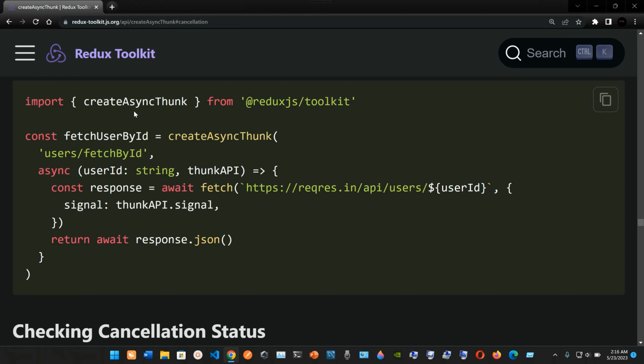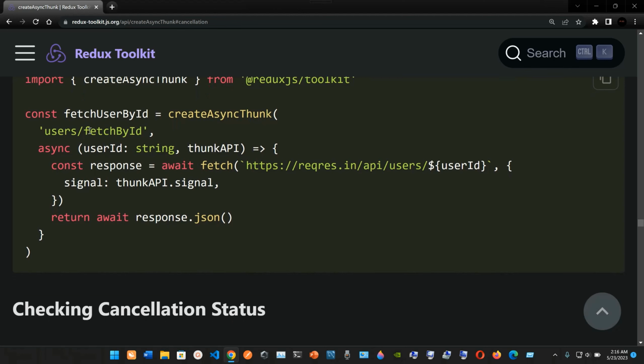So we are importing createAsyncThunk from @reduxjs/toolkit. We have this variable name fetchUserById, and we are setting it to createAsyncThunk. Inside of the parentheses, we're gonna have these parameters, this string users/fetchById. The second parameter is going to be this asynchronous function, so we're going to take userId set to a string as the first argument, and the second argument is going to be the thunkAPI. Inside of the curly braces, we're going to have this variable name response, and since this is asynchronous, we're going to await fetch. Inside of the parentheses, we're going to use backticks, and we're going to use this URL